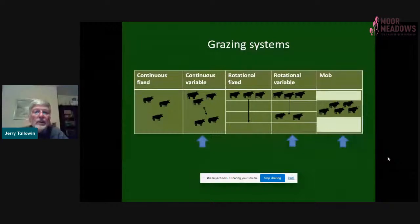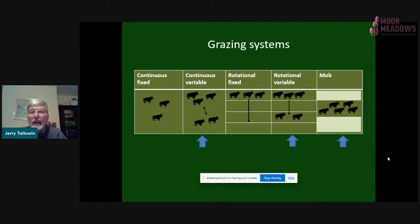Now, grazing systems, one size doesn't fit all. And again, the main issue is that you need to be looking at achieving what you want from your grassland. And you can use either continuous or rotational or mob grazing. I haven't any experience of mob grazing myself, but I know many people who've used mob grazing quite successfully as conservation grazers. But I've put arrows against the ones which I feel are the most